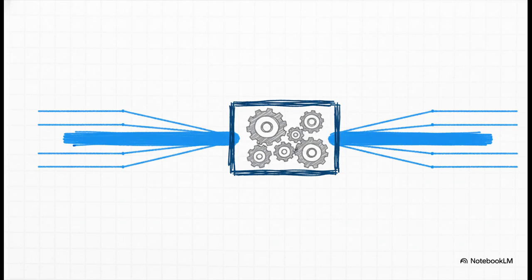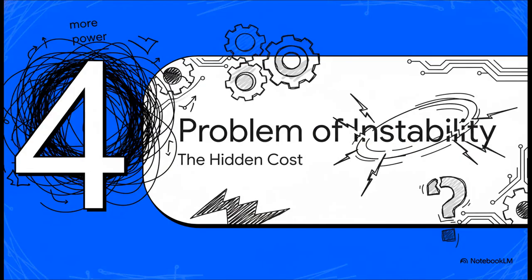But wait a minute, wouldn't processing 4 streams be like 4 times the work? Well, this is the really clever part. Nope. Right before the heavy-duty computation, like an attention block, the streams all get collapsed back into a single vector, and then they get expanded out again afterwards. This brilliantly decouples the model's memory capacity from its computational cost. So you've got more power, more flexibility, and no real extra computational cost.